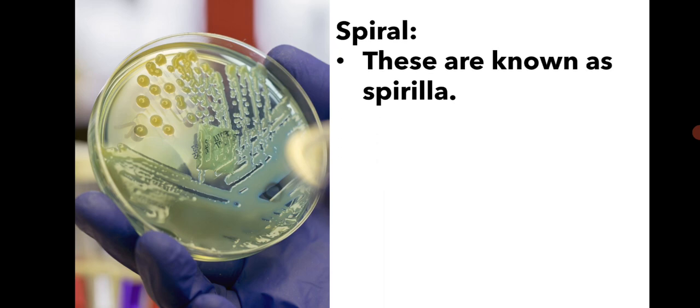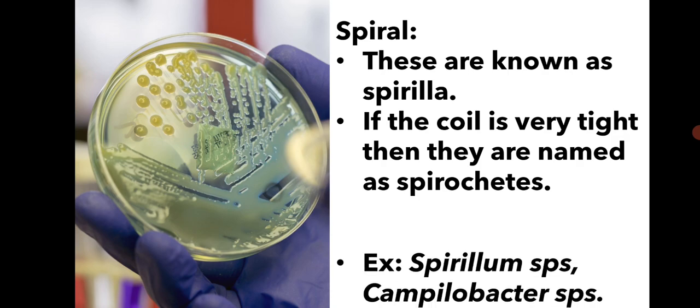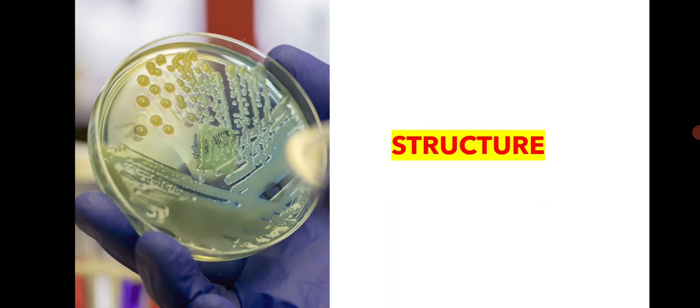Spiral, these are known as spirilla. If the coil is very tight, they are named spirochetes. Examples are Spirillum species and Campylobacter species. Coming to the structure of bacteria,